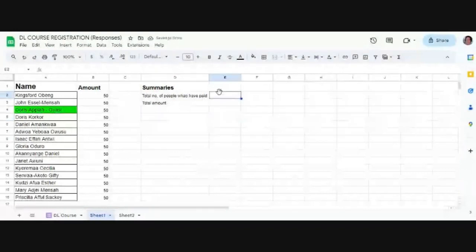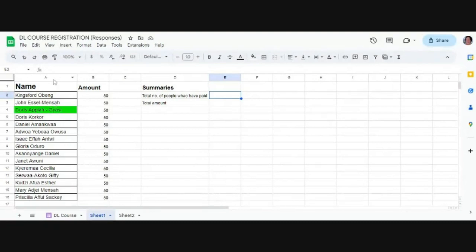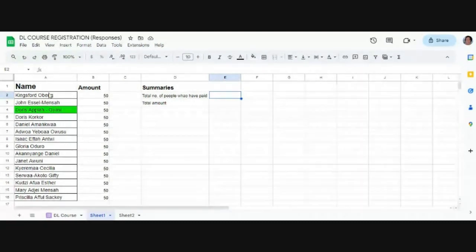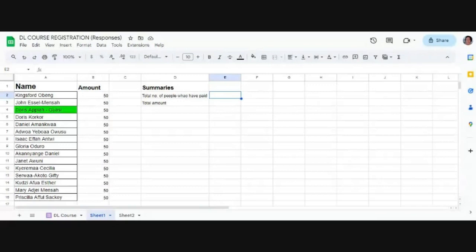So we come here. What do we want to count? In which column is the information that we want to count? It is in column A. Okay. We want to count the items that are in column A. So now we come here. I said earlier that Google Sheets contains more than 400 functions to enable you do some automations. So you can find the functions here.